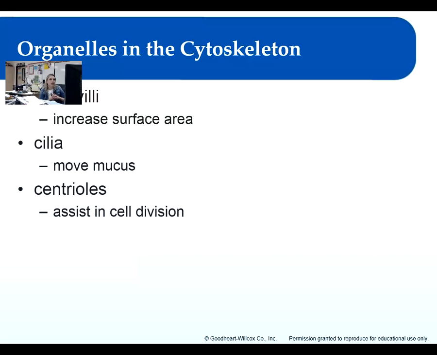Then the cilia, okay, these are more hair-like, so they're typically longer than your microvilli. Some cells that have cilia are in your trachea, basically all through your respiratory system, and they beat all the time. What they do is move mucus up into your throat, so you can spit it out or swallow it. They're constantly moving up any kind of fluid that gets down into your trachea and towards your lungs. And then centrioles,